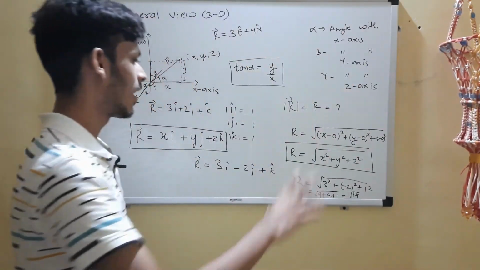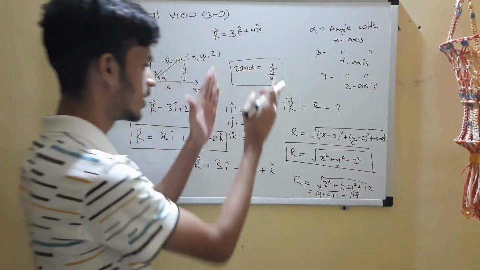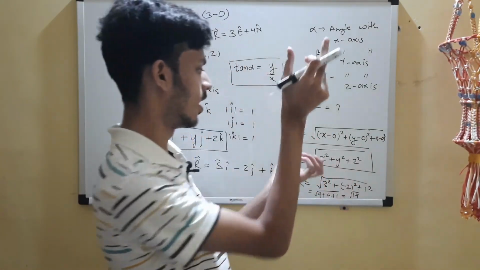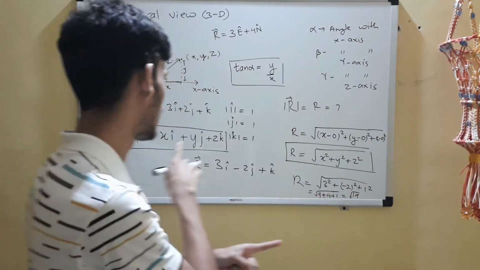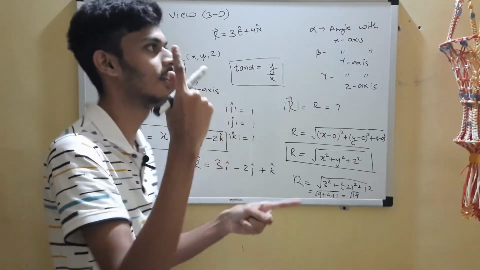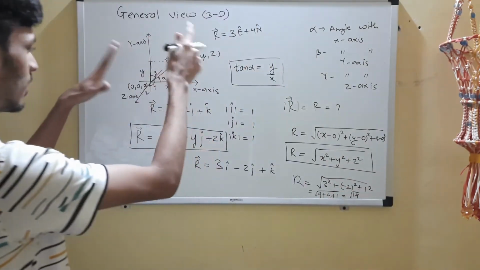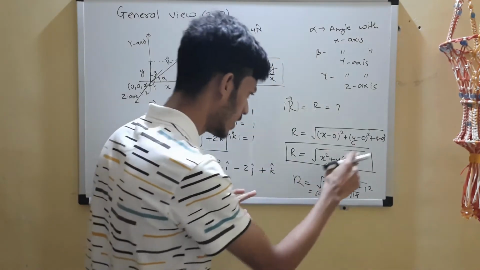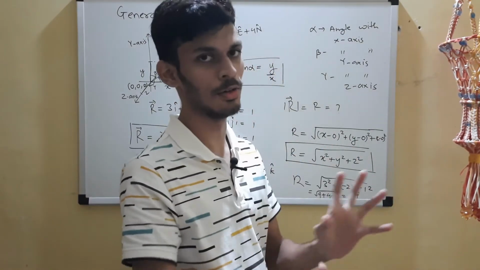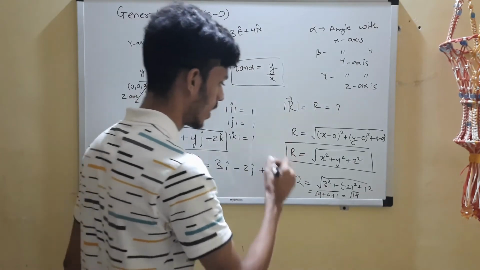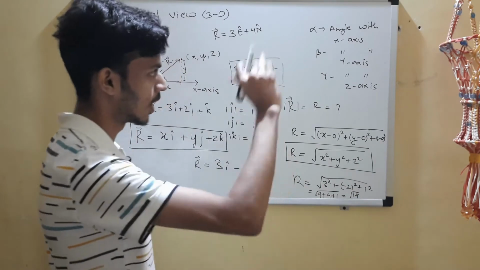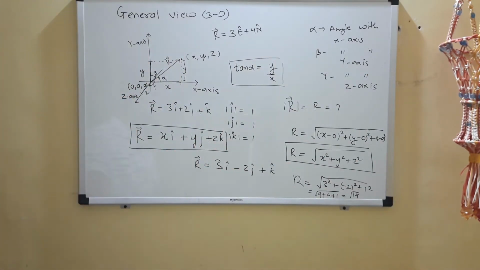Okay, so coming back, where was I? I said you know how to find the direction and the magnitude if the vector is given in component form. You know how to express the vector in component form if you are given its coordinates. We'll derive this in one more way because I want to tell you something about directional cosines, just a brief topic. You can note this down. This is all you need about components of a vector.